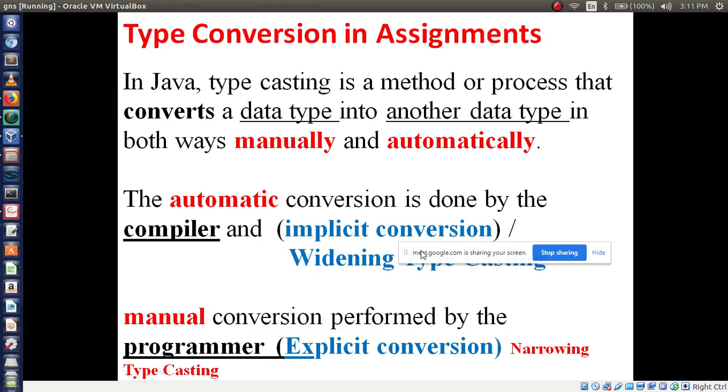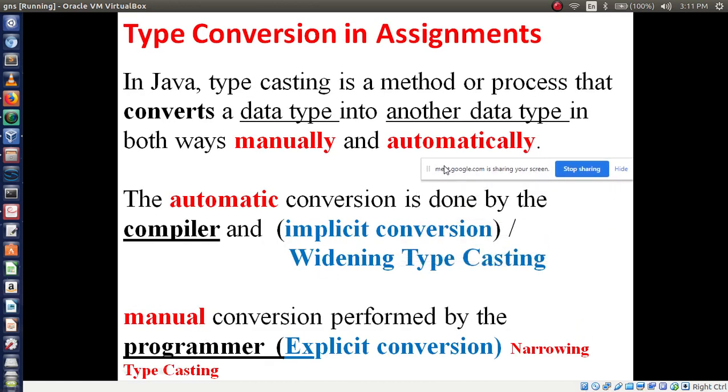Increment and decrement. Now the next important point is type conversion. It is an important question, please mark it. Typecasting or type conversion in Java will definitely be asked in your main exam. So what do we mean by type conversion?